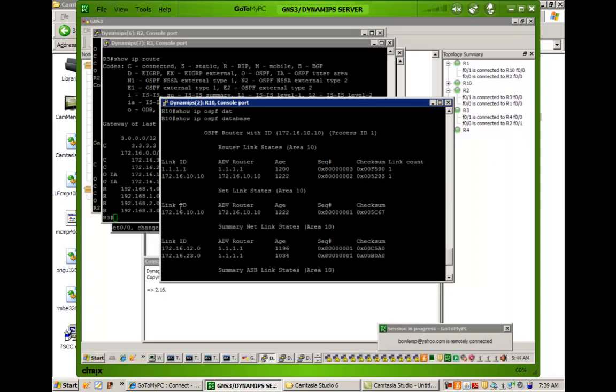And then we're seeing here LSA type 2. LSA type 2 is originated by the designated router on the segment, if there is a DR or BDR election. In this case there is, and the designated router is ourself here, which is router 10. And then we're seeing here LSA type 1, which is router link LSAs, and this LSA